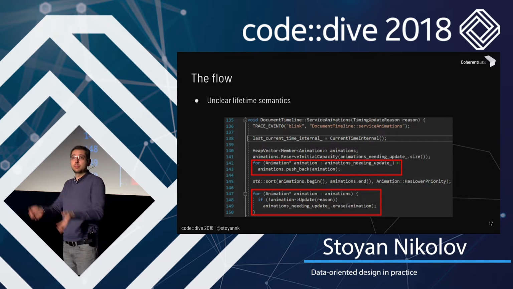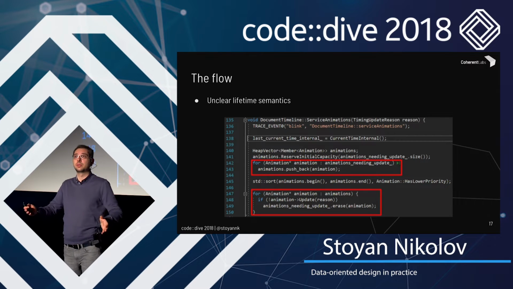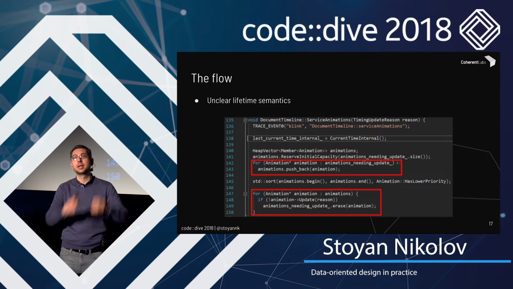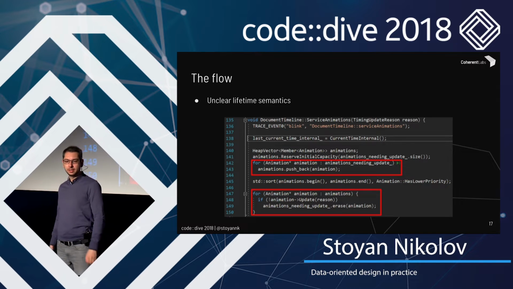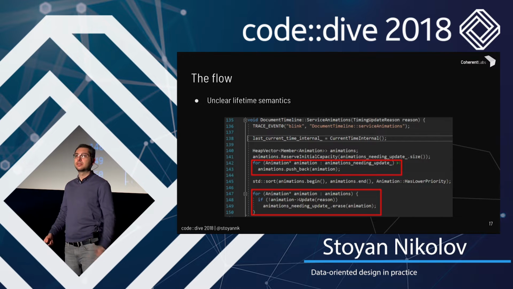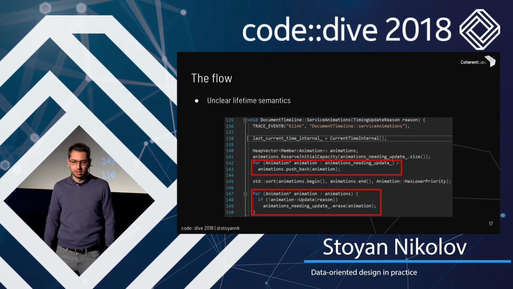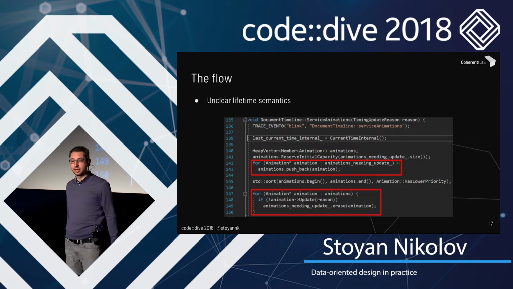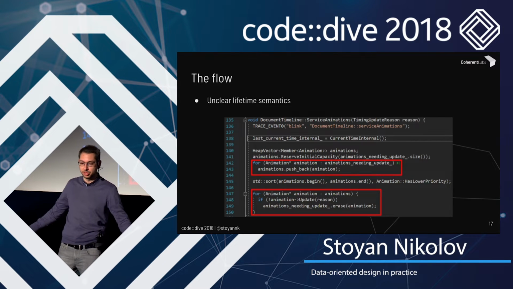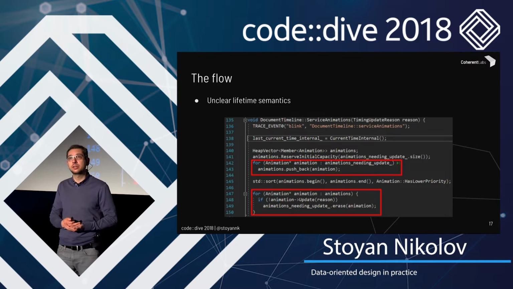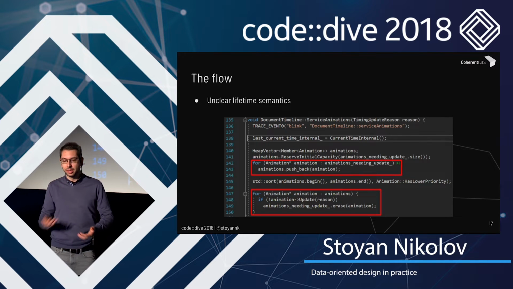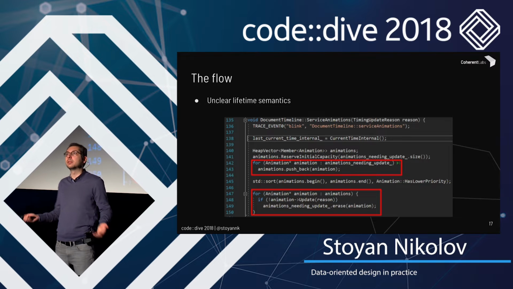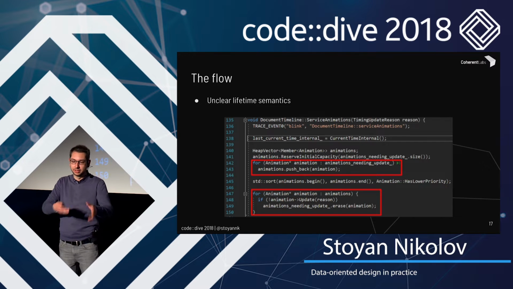And we'll be looking at the most important part, the animation part. So the thing that happens every frame and modifies the properties so that something moves on your screen. And we look for the flow. It's fairly what you would expect. There's a document timeline object that has a method called service animations. So pretty clear there. There's a vector, so an array of animations needing update. Again, very clear. And on each one of those, they call a method called update, and they take the time inside.